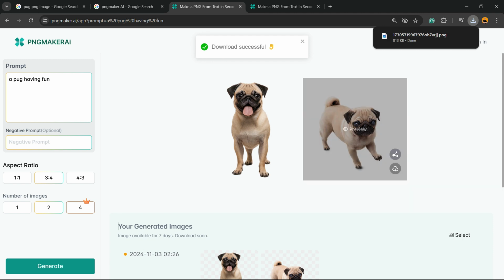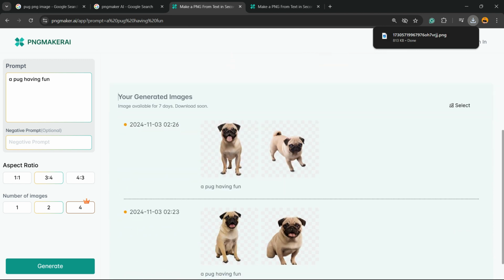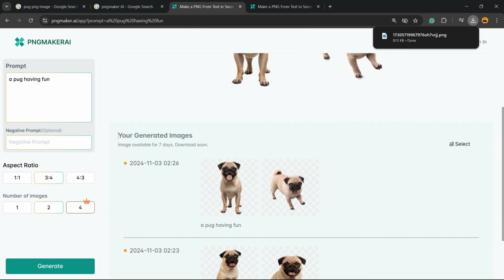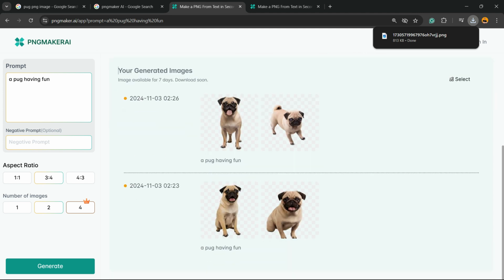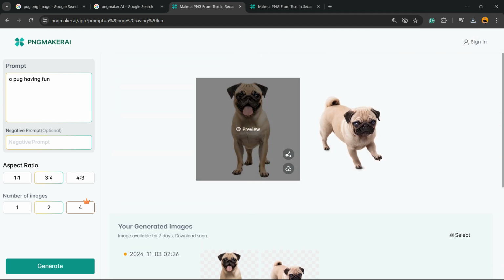Here's the image on my computer. No need to log in, no need for anything. The images that we create are available right here to download for 7 days, okay? After this, the image gets deleted. In the case that you don't like it,